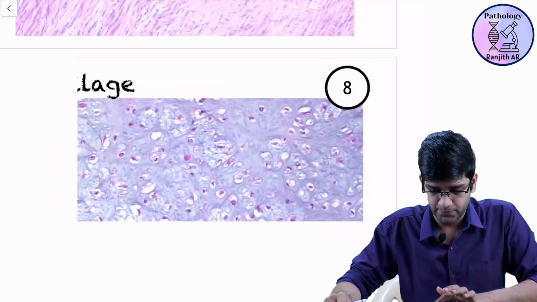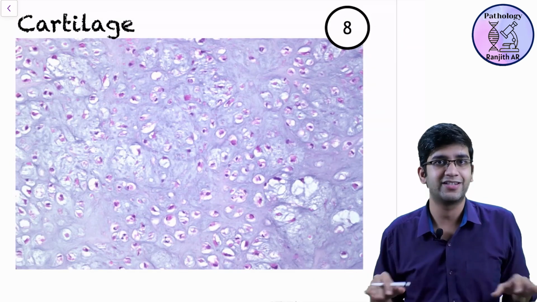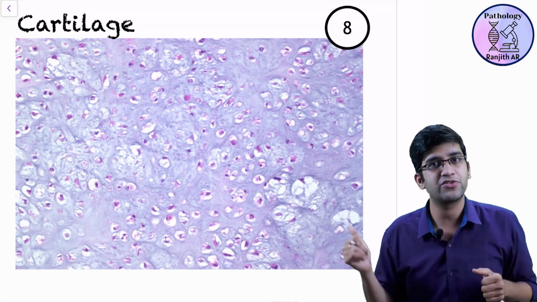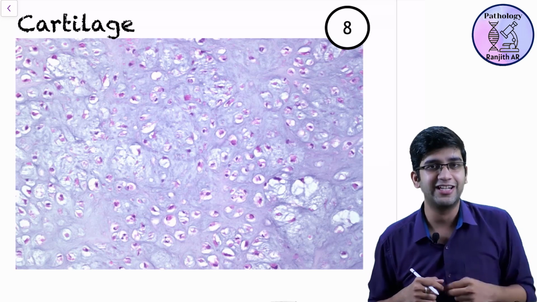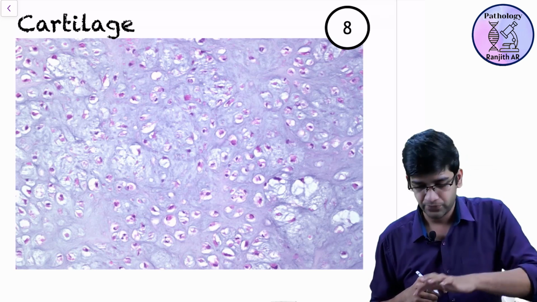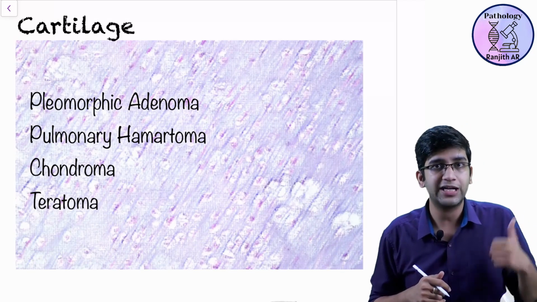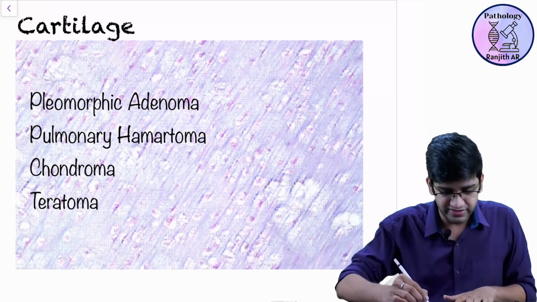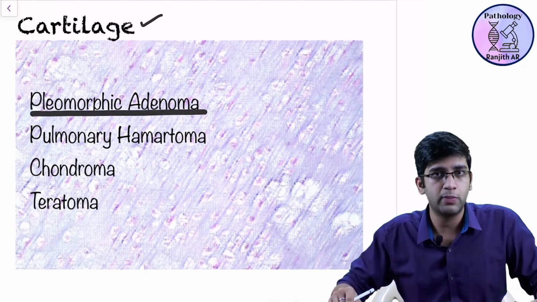Fine. Next, cartilage. A simple normal cartilage, nothing else. First MBBS you must have seen. You must have broken the slide in the corner and written cartilage, right? So write cartilage. Normal appearing cartilage. If I have cartilage, I'm going to see them in these tumors. Pleomorphic adenoma of salivary gland. Just write this, cartilage, and below that write this. Pleomorphic adenoma